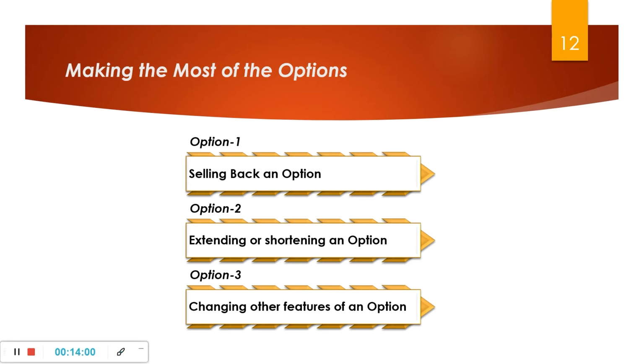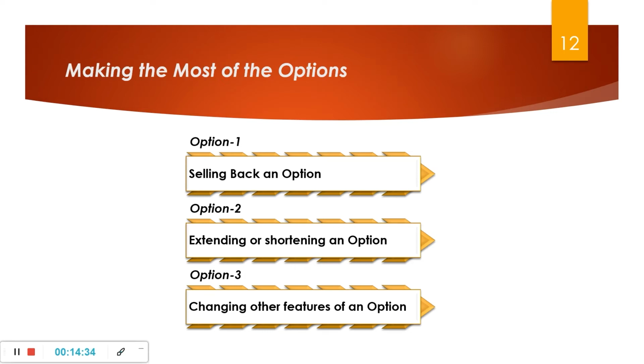Now let's discuss making the most of options. What is making the most of options? Options are particularly flexible. The buyer can choose any strike rate at any end date. The management of the option position can be made even more flexible with the following techniques, which include selling back an option. The bank will at any time quote a price at which it is prepared to buy back an